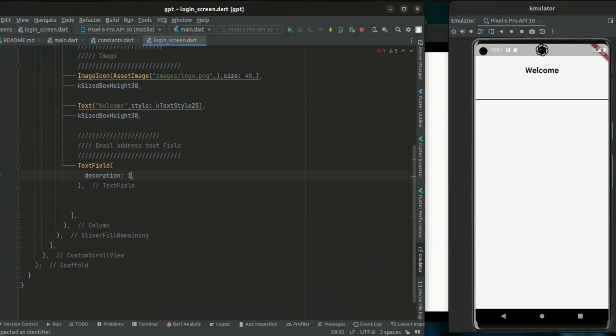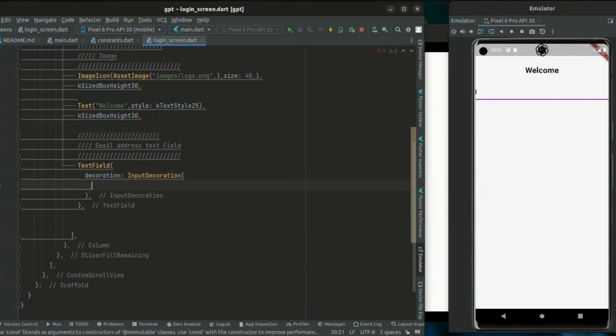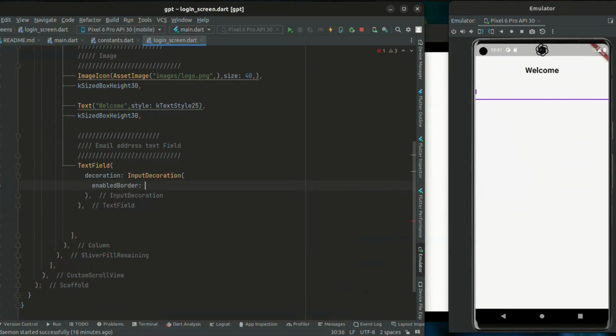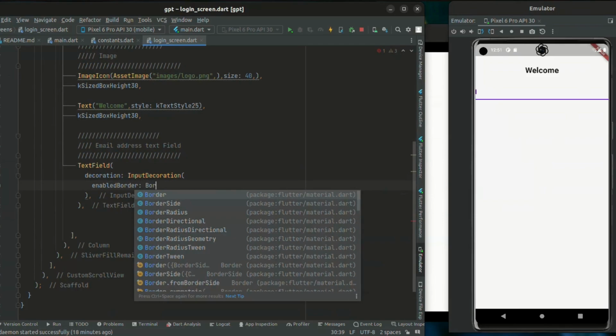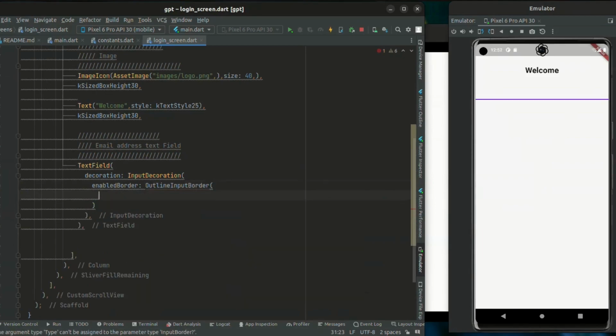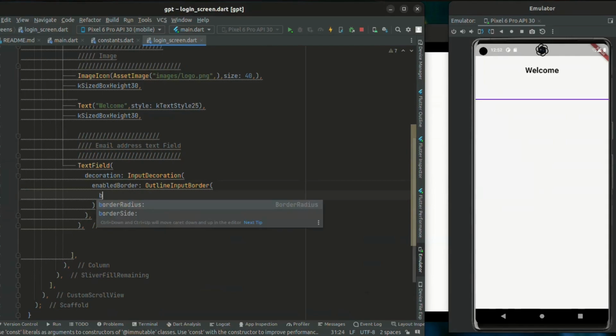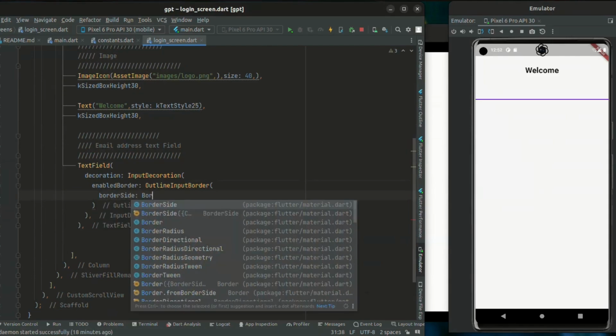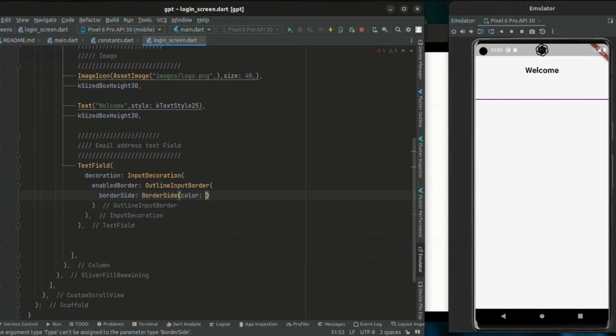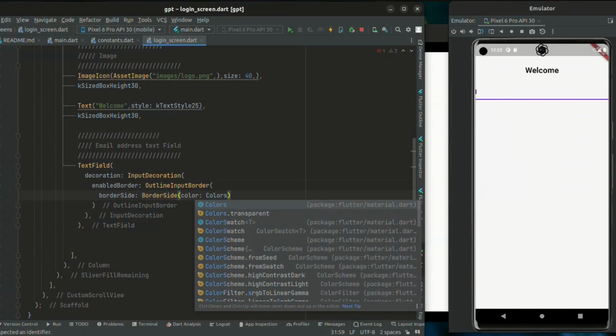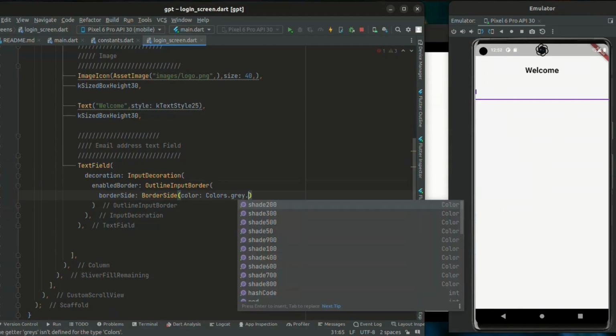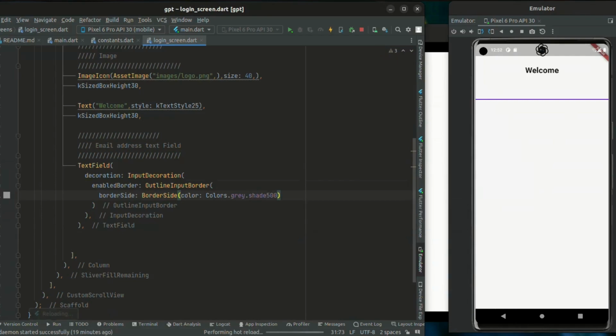decoration. Let's decorate it. So input decoration, have enabled border. First of all, enabled border will be, sorry, outline border. Outline border of border side. It's going to be border side. Color, we'll give it colors dot gray shade 500. Save it, and let's see the outcome. Okay, there's no change at the moment. Then